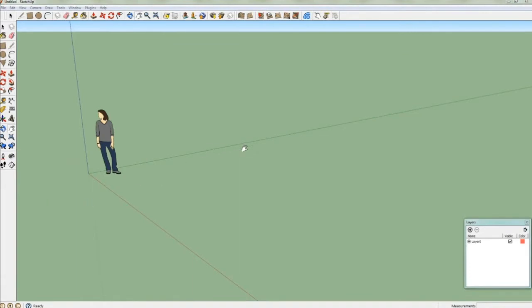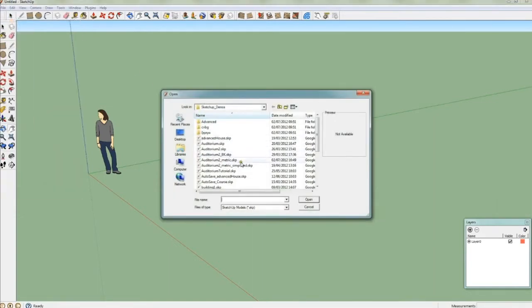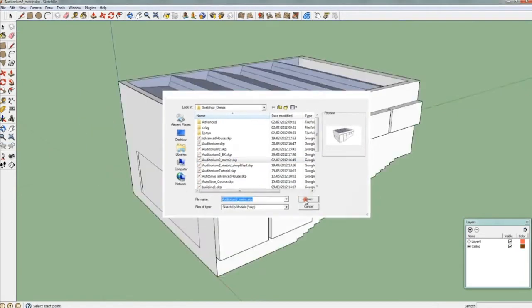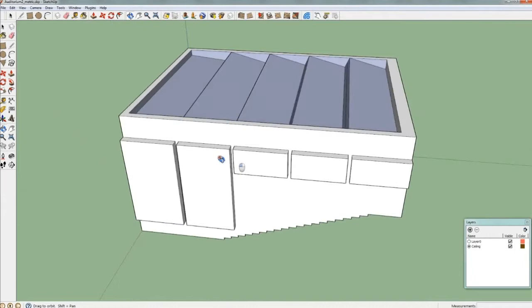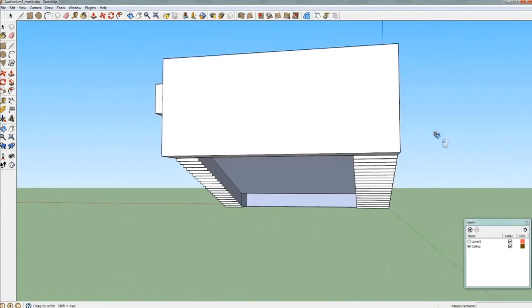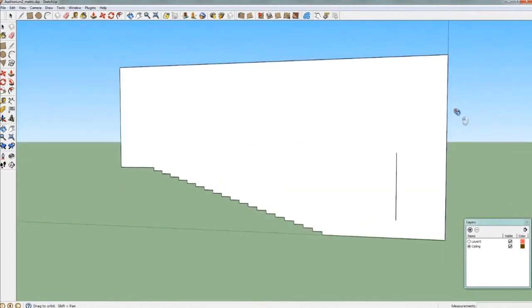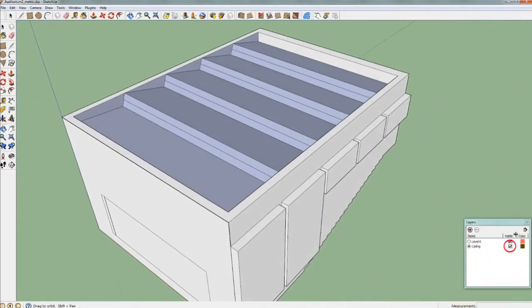Before we start building any initial shape for the auditorium, I want you to see what we are actually going to do, so you can see what the final project is going to be. So this is the final form of the auditorium. You can also see how it looks inside.